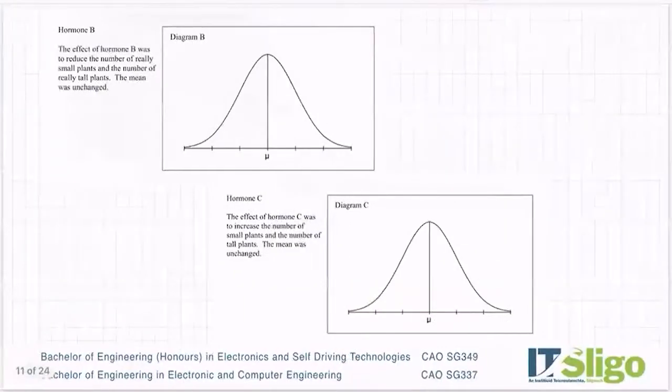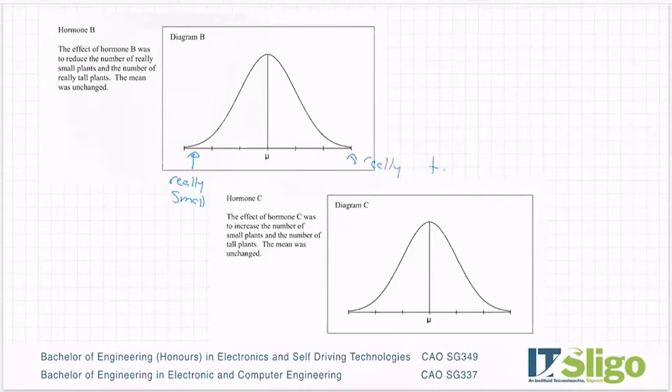So hormone B. The effect of hormone B was to reduce the number of really small plants. So that would be here. This would be really tall. And then everything else in between. So it was to reduce the number of really small plants and the number of really tall plants. The mean was unchanged. So we're going to have less small, less tall. So we're going to have a narrower curve. The mean is unchanged,